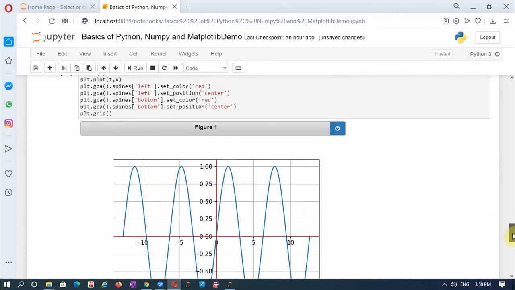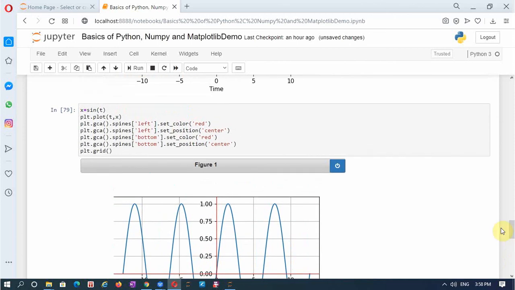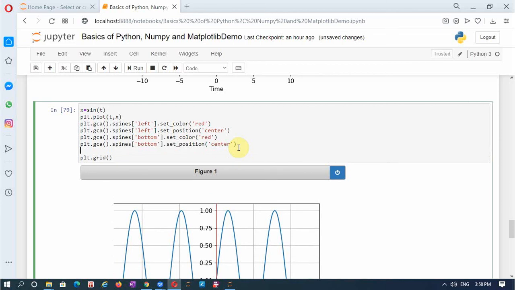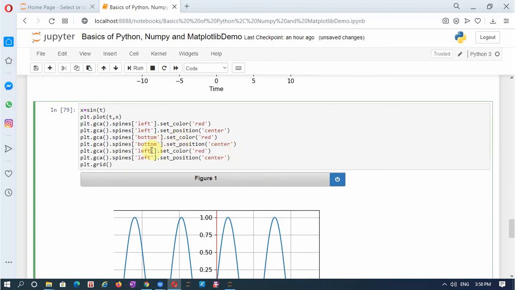So what I do is I make the spines of the right and top as none, so that they will not appear. Okay, so the right, set color to none, and also the top one, not position, it is the color to none.